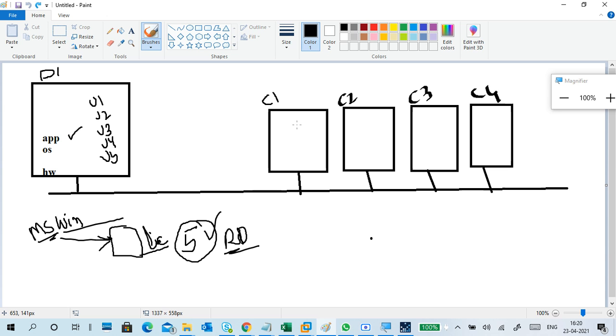They log in with different remote desktop users. They can log in, they can view the desktop, and they can run the desktop and applications. But what is the point of accessing the desktop? What is the point of accessing a remote desktop? Why am I accessing the desktop? What is the purpose of accessing that desktop in my PC?